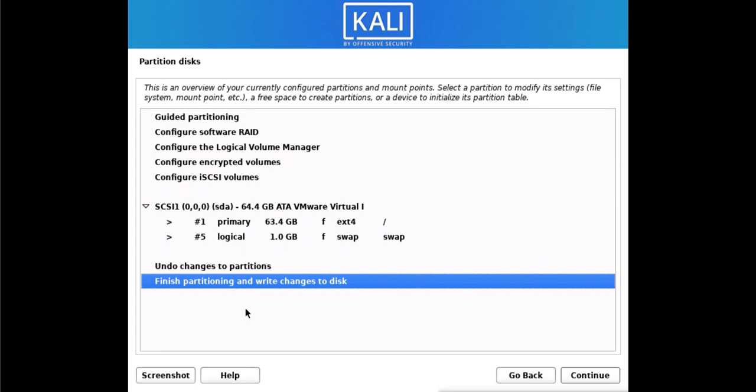That means till this stage if there is any data in the disk, it is not removed. But when you select finish partitioning and write the changes, then it will remove the existing data and create the new partitions. So I will go with this. I don't have any data.